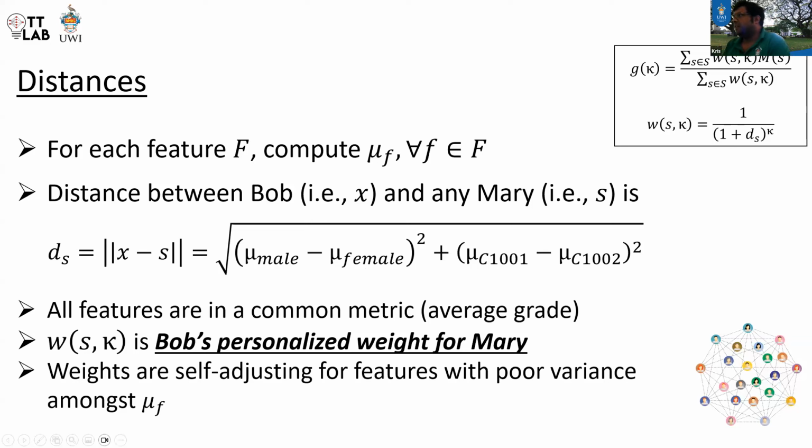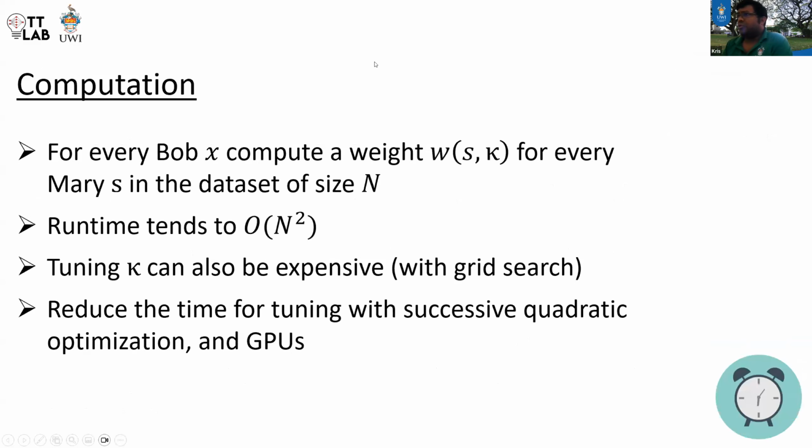All right. So that's kind of how all that fits together. In terms of the computation, what does this mean? Unfortunately, for every Bob X, we have to compute the weight for every Mary in the data set. So the runtime scales as order n squared, which makes it really expensive to tune this kappa